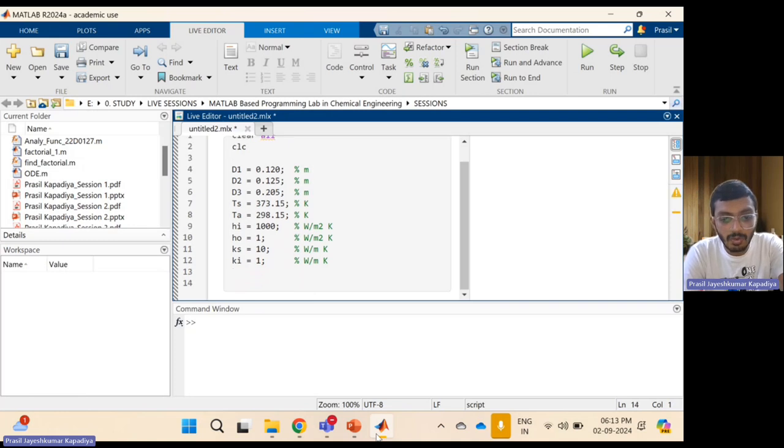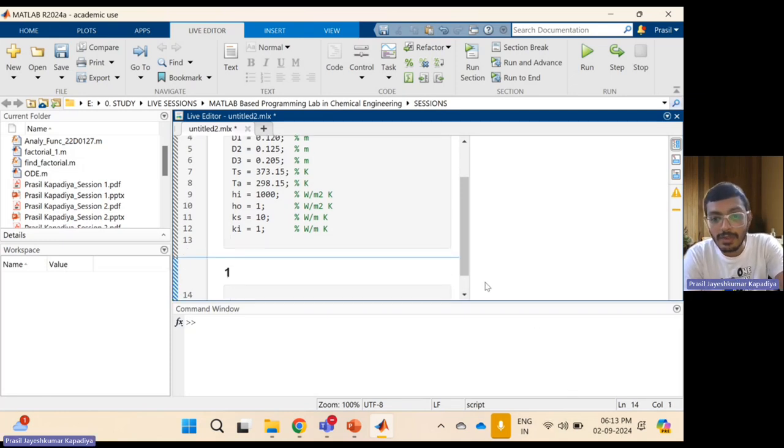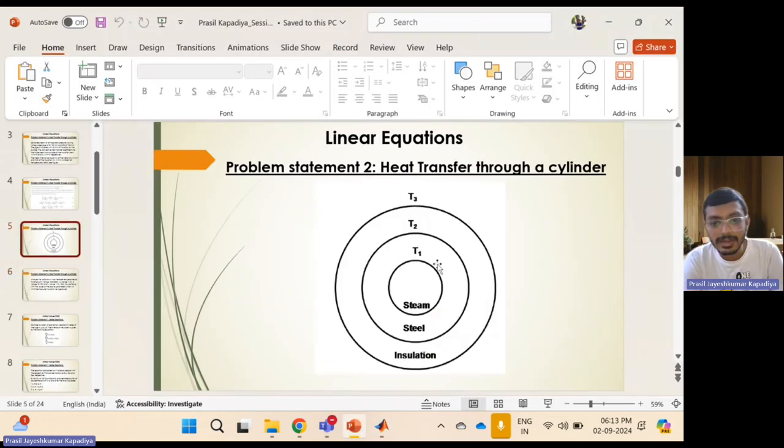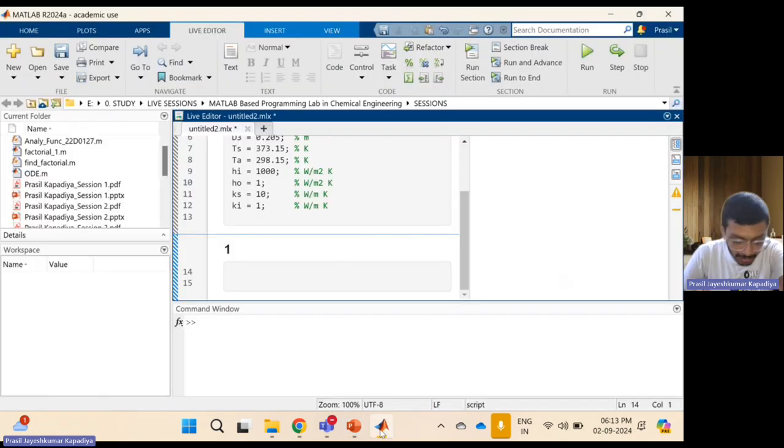Okay, let's write down energy balance equation. So when I put double comments, what will happen? It will create one different section. See. So first I want to write down my equations for this first layer where it is going from steam to steel. Okay. So for steam to steel, my equation is what should be